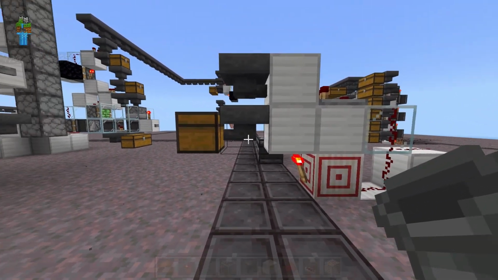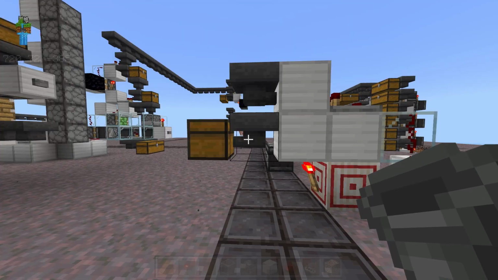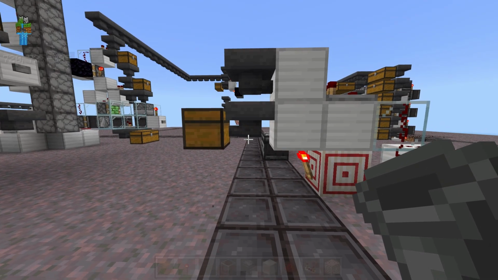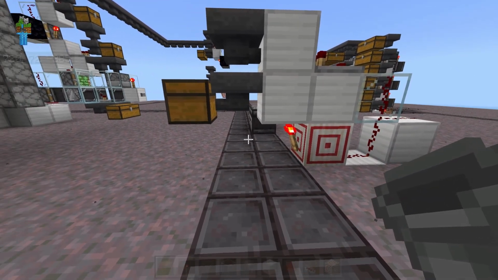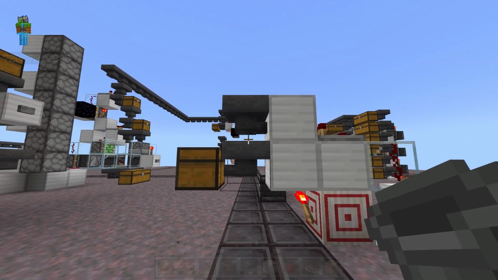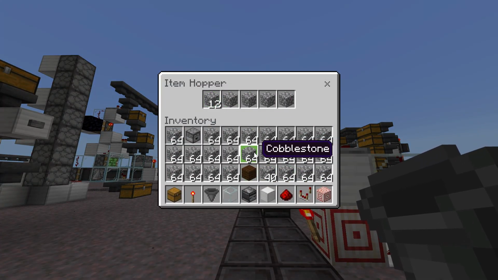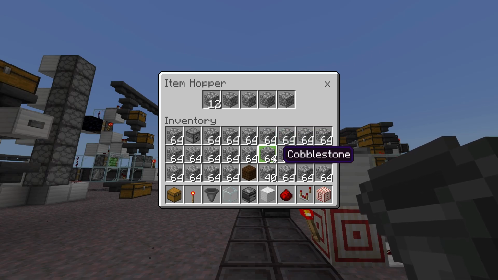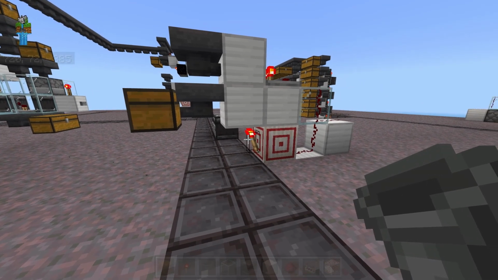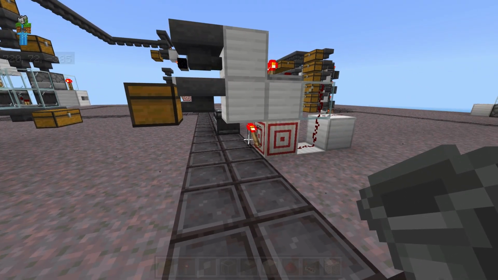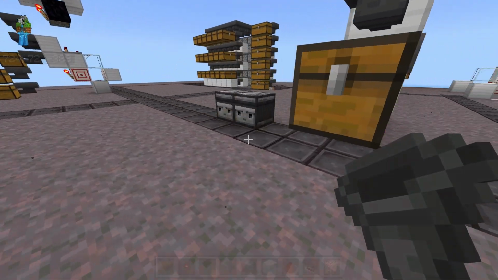Now if you have your locked hopper, like your filter hopper that has the items being sorted on one side of a chunk, and then you have the blocks that are locking that hopper on the other chunk, it is possible for the hopper to unlock itself if you unload the chunk that's locking it. Now this isn't supposed to happen, but it could.